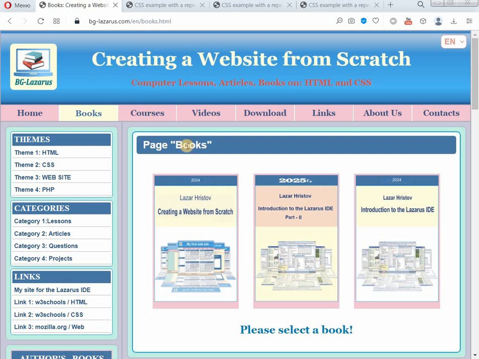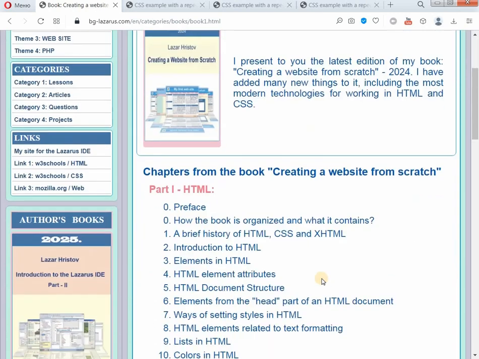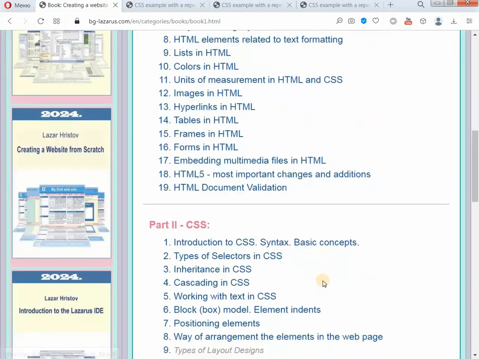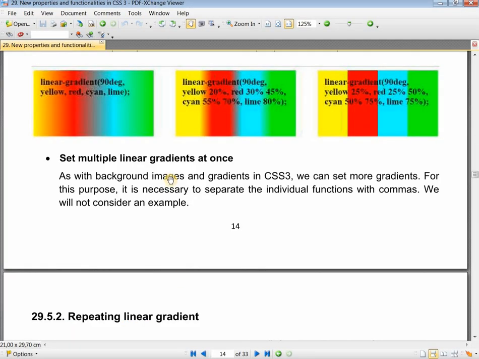We're currently working on my book on building a website, and we're looking at the chapters in the CSS section, which are free in my book. We are currently on Chapter 10, New Properties and Features in CSS3. Let's open the PDF file. We're currently looking at linear gradients, and we got here last time, and now we're going to look at